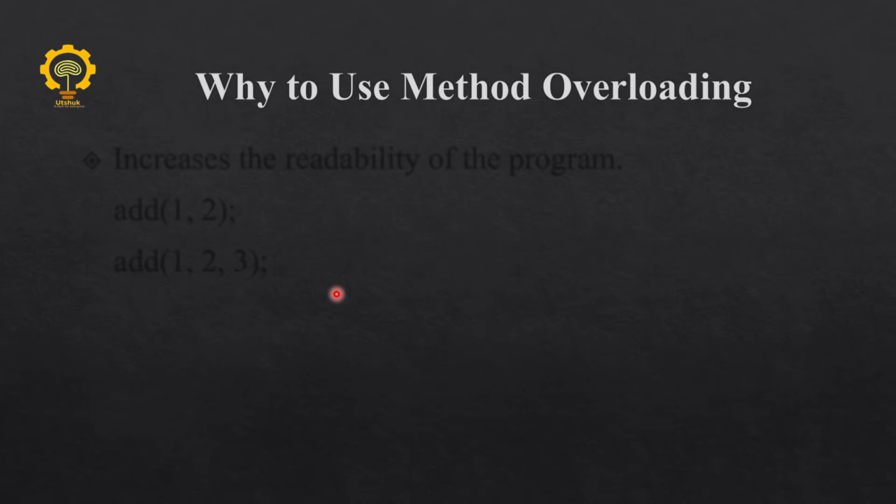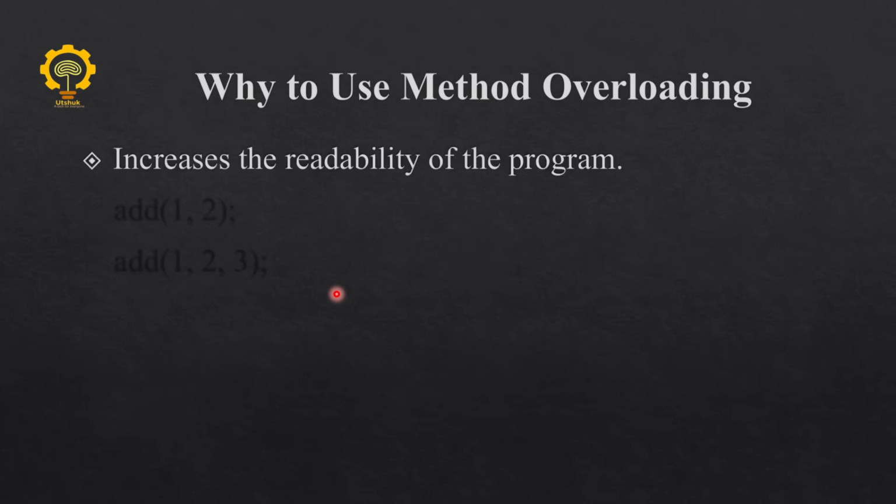The main concept behind method overloading is that it increases the readability of the program. Suppose I want to add 2 numbers with the method add, then I will pass 2 parameters, but with the same method if I want to add 3 numbers, then I have to send 3 parameters here. So if we do not use method overloading, then for adding different numbers and passing the parameters, we would have to define different names for each method and it would not be easy for the readability of the program, as lots of methods would be created with different names in order to add some numbers.